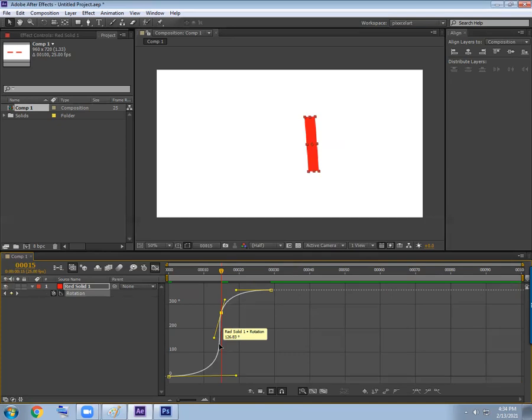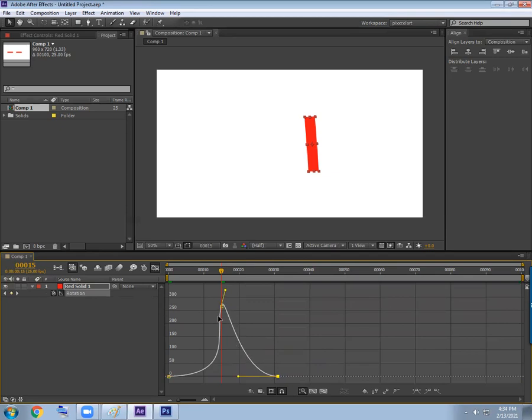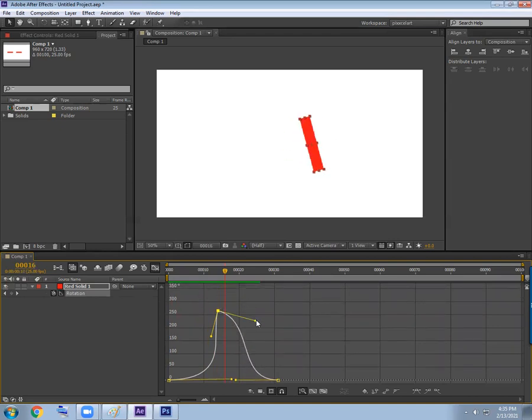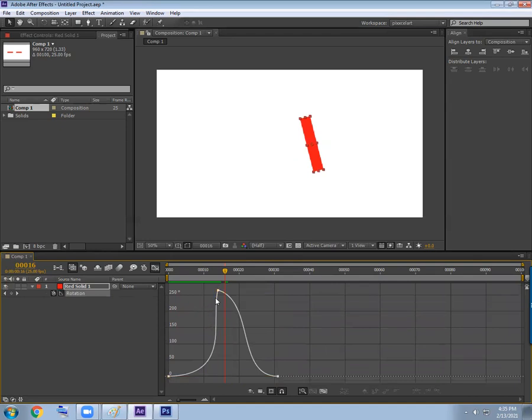You will find keys, and you can start making the value go down. So you start making the exercises. Now it is moving to a distance, again back. So here you are adding the keys and getting it to go to the next level of control. All the tangents are there. So you can draw an animation here inside the graph editor.